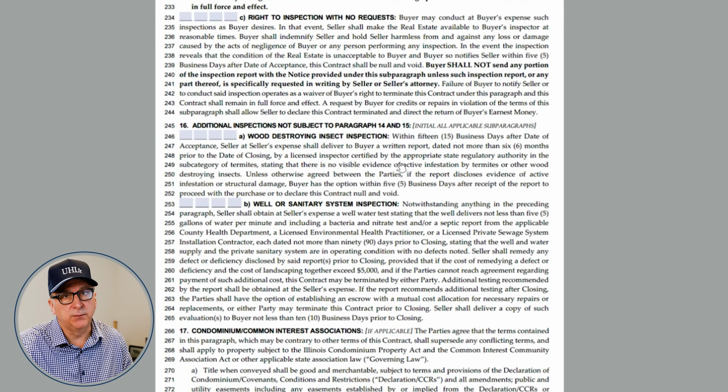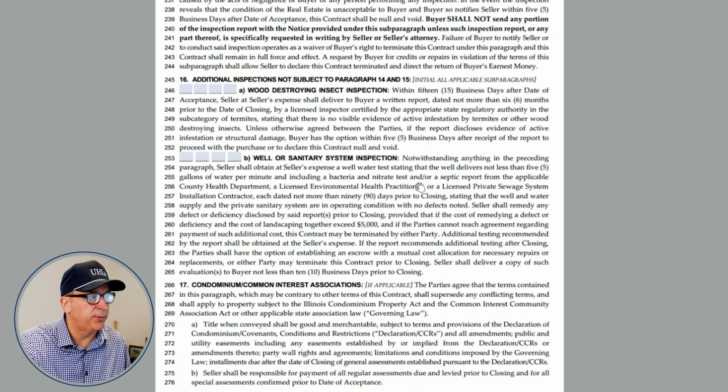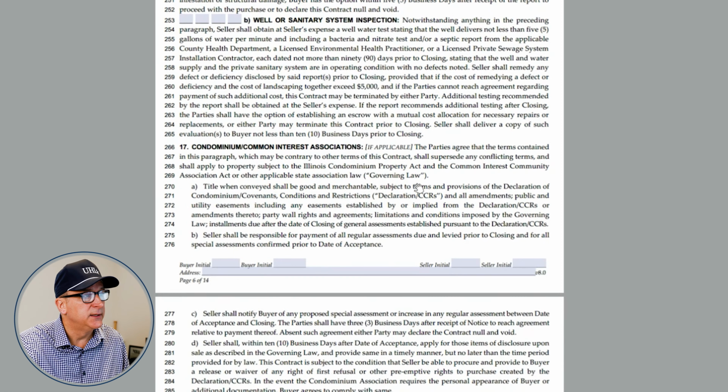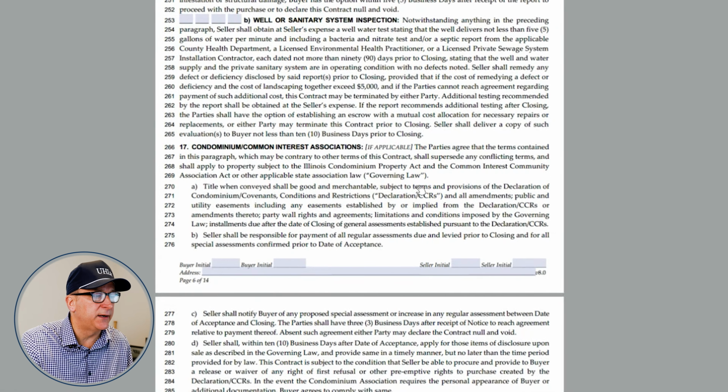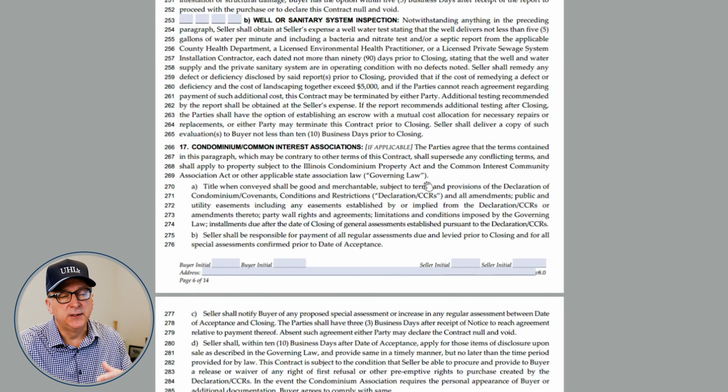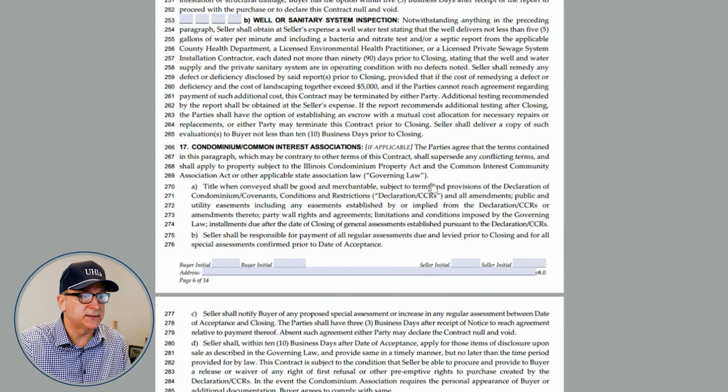Wood-destroying insects, termites, very prevalent in certain parts of the country, so you want to make sure you look at that. Condominiums, really important if you're buying in Chicago or in any of the other big metropolitan areas. Your condominium also needs to get approved. So is there litigation against it? Are they holding sufficient reserves for the repair of the condominium? Obviously, we had that tragic